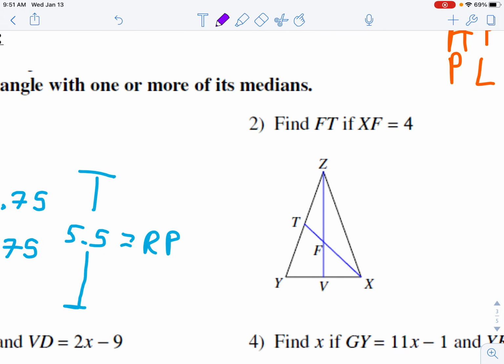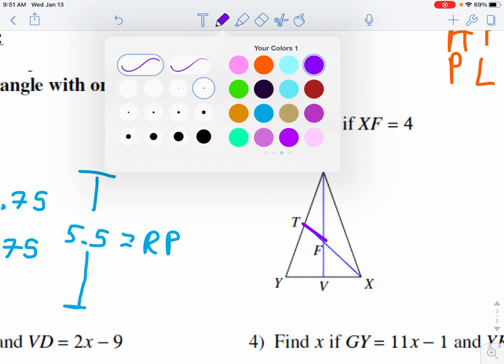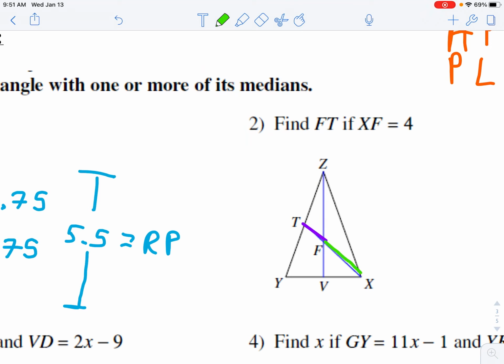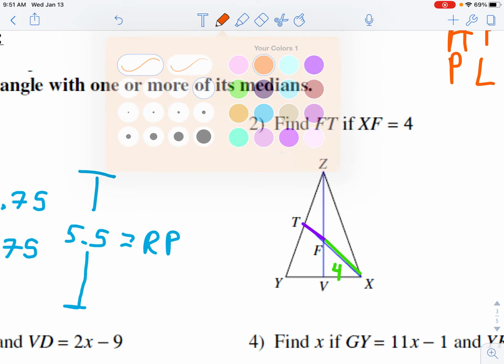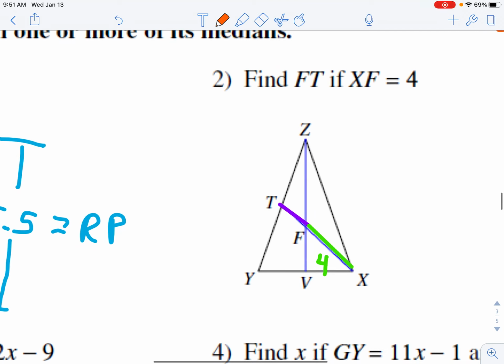this one right here is a good one because it's kind of like an introductory to what we were just doing, and it's actually kind of mirroring what the numbers I just picked. But we want to find FT. Okay, that's what we want to find. It's telling me that XF is 4. All right, that's 4. Now, I'm going to go a little too far in depth, but if